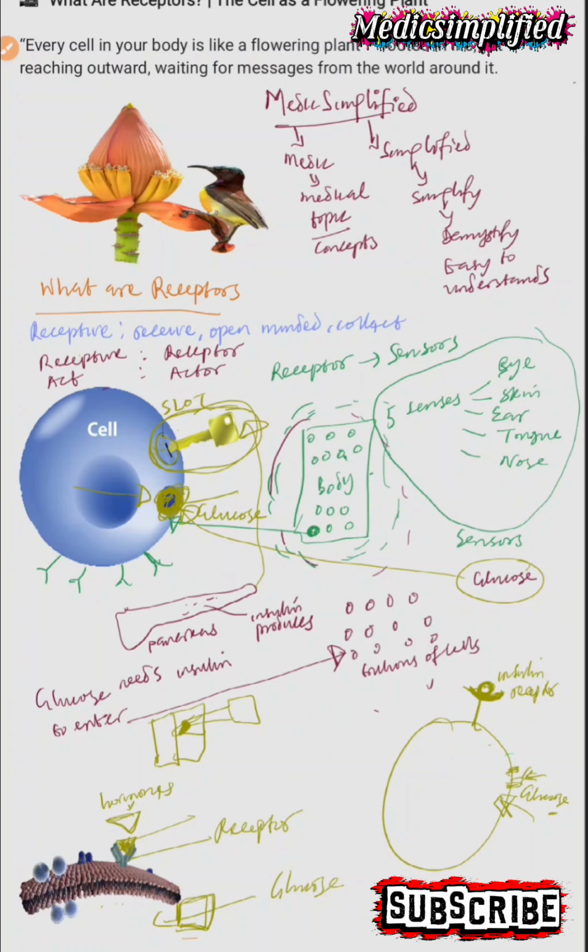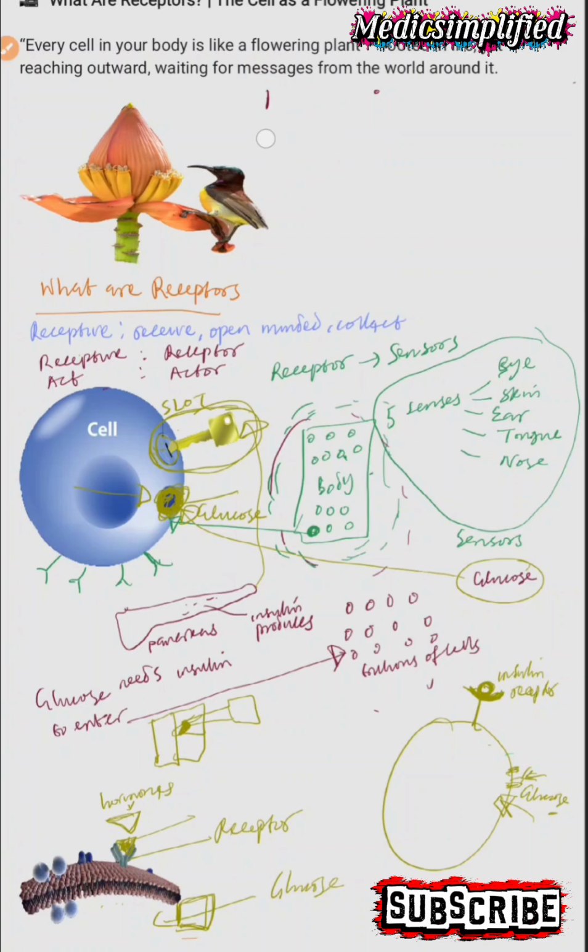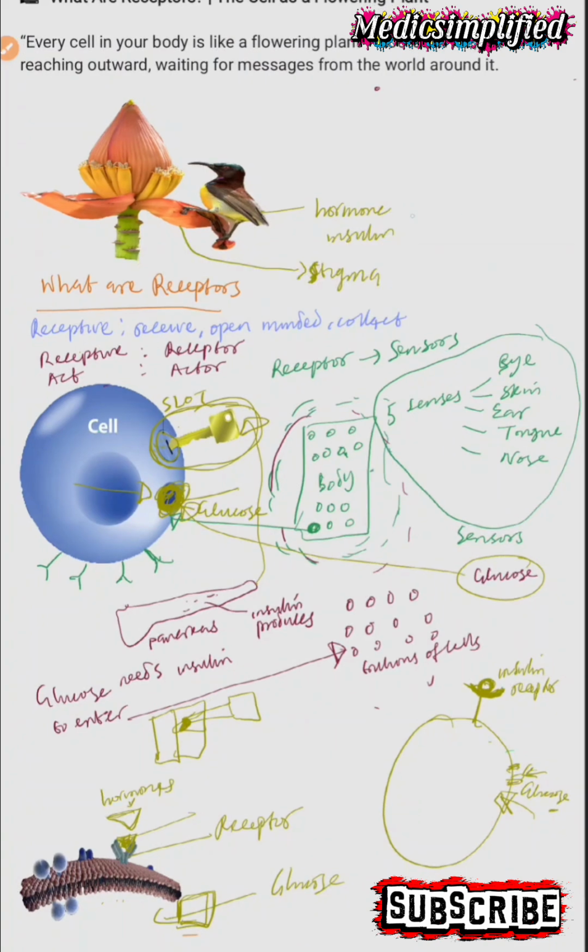Exactly. So the reason why we use an example of a flowering plant here is that if you look at it here, this bed is the hormone, like insulin. The bed here is the insulin, and the stigma here is the receptor. So that is why we use the flowering plant and